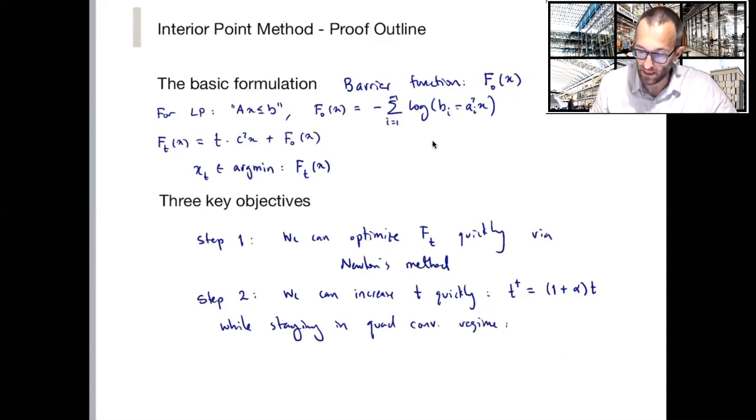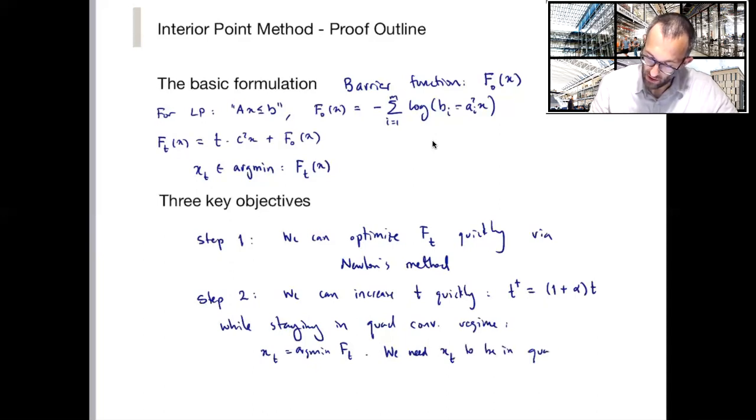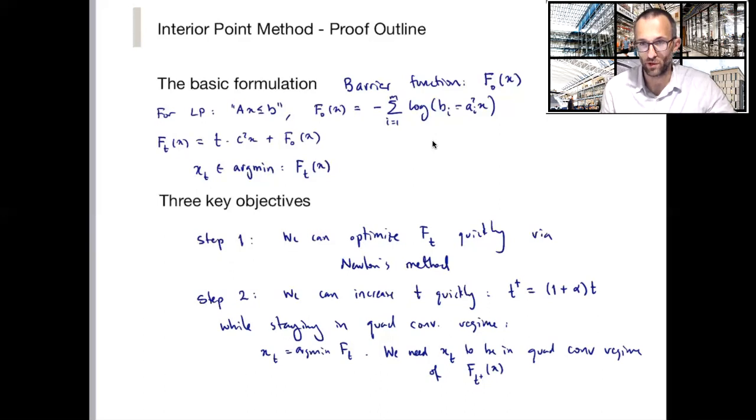So specifically, what does that mean? x_t is the argument of ft of x, and it is going to be the initialization for when we update to ft plus. So we need x_t to be in the quadratic convergence regime of the function ft plus of x. Intuitively, if we increase t just a little bit, their optimal solutions should be very close, but we want to see how much we can increase